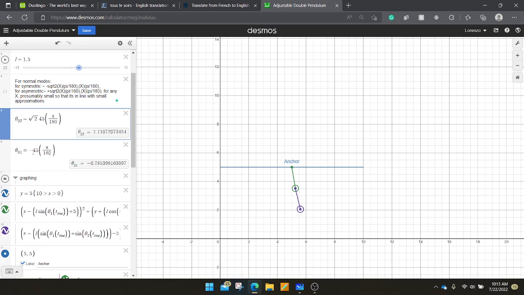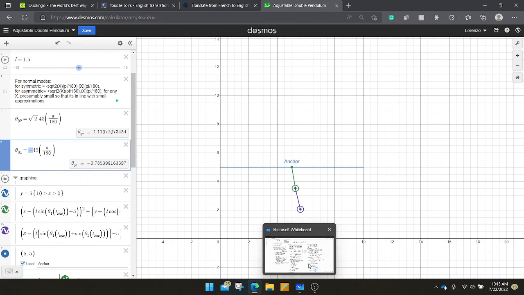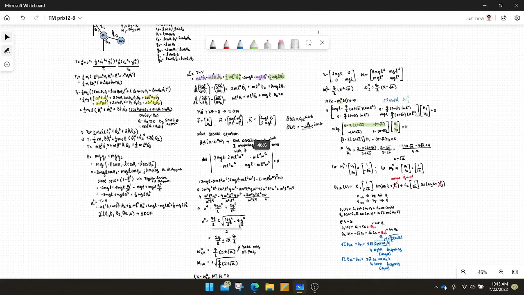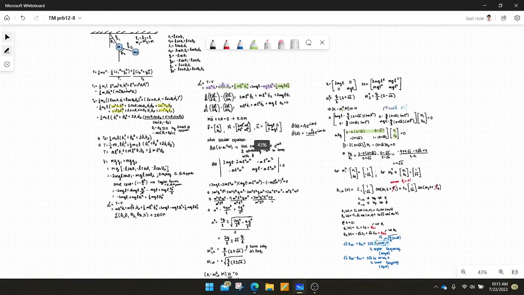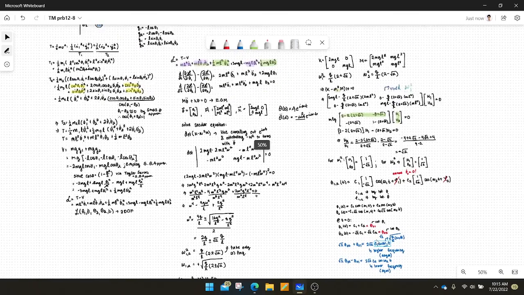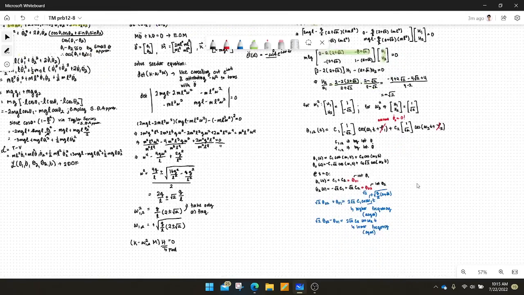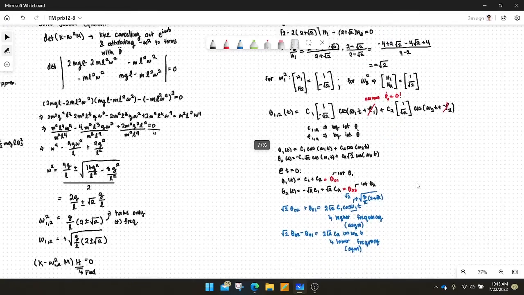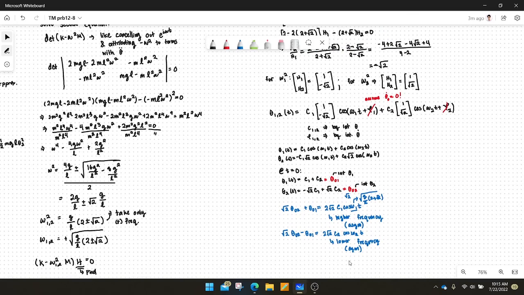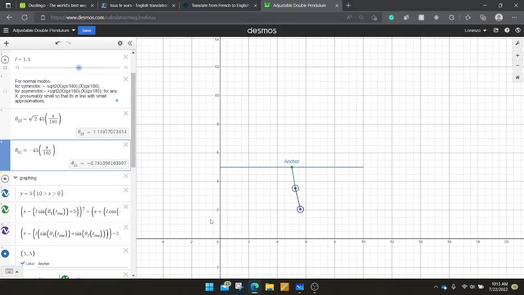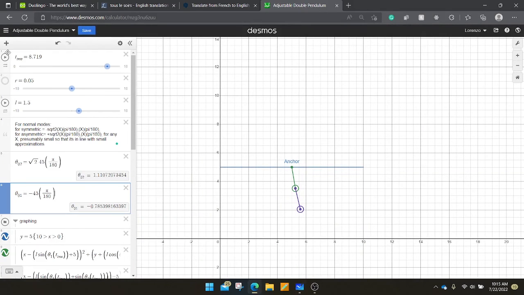And then this one I put as negative 45 degrees. So we're following this lower one, the lagging mode, and if we simulate it, you can see that